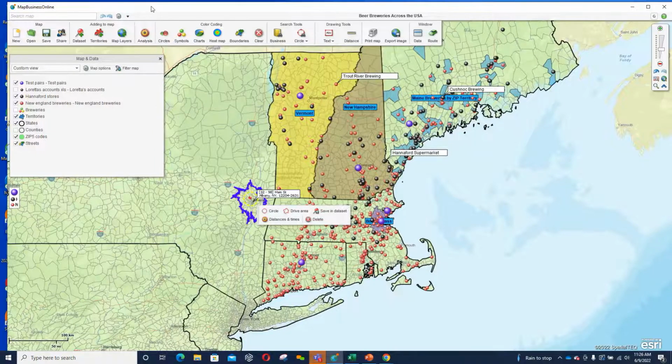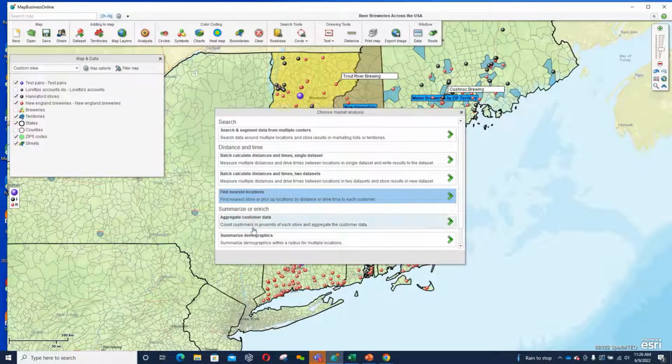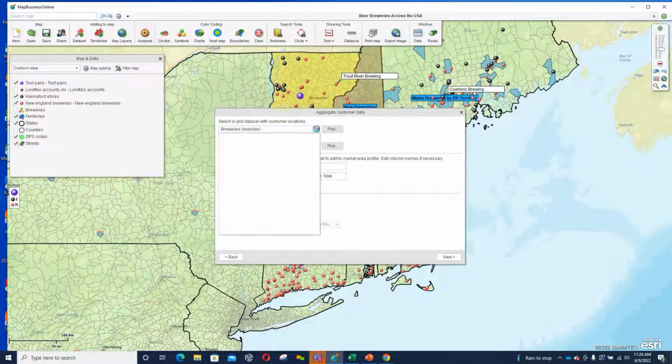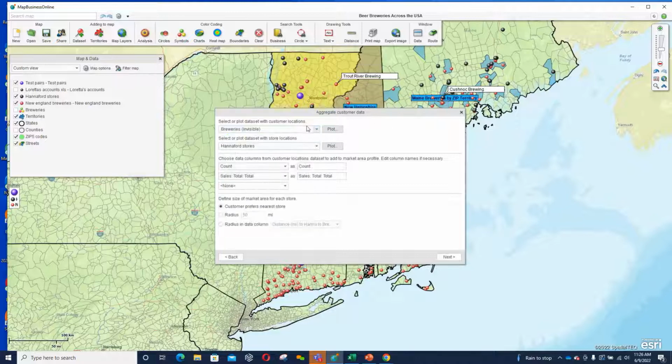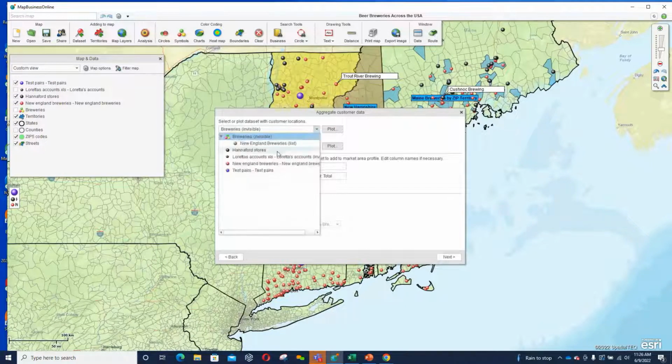Then we're going to go back to our analysis button, and we're going to now go into summarizing or enriching data. So if you've imported data into MapBusinessOnline, and I've got the breweries and I've got the Hannaford stores, so I could pick a data set with customer locations or a data set with store locations, and then I could decide to pull information from one data set down into another data set. And so let's go with